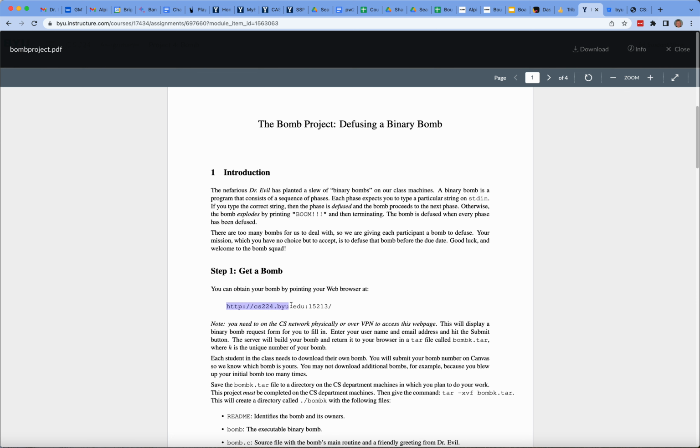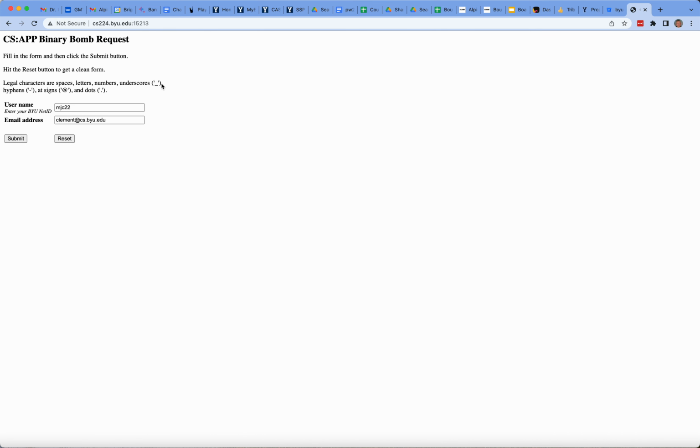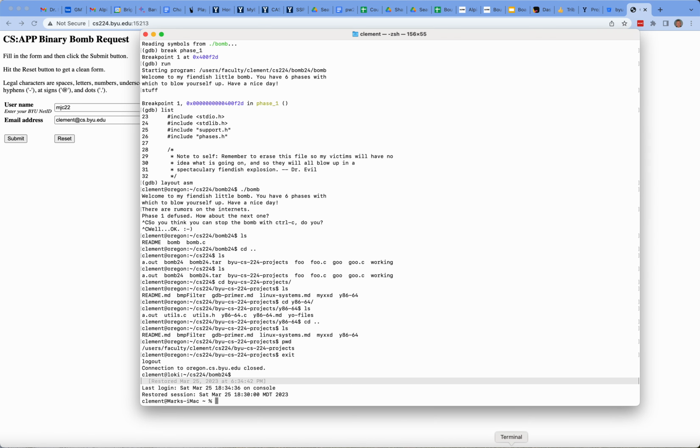So first you're going to need to go to this URL. You've got to be inside the department or have a VPN to actually access it. And it's going to open up a window that will let you put in your BYU user ID and your email address. Click submit, and it will download a file called bomb.tar. And basically a tar file is going to be